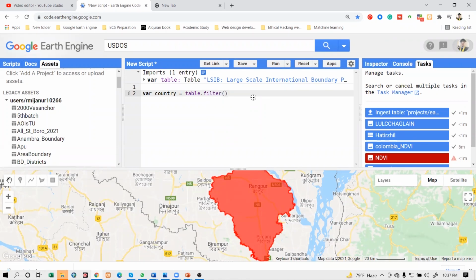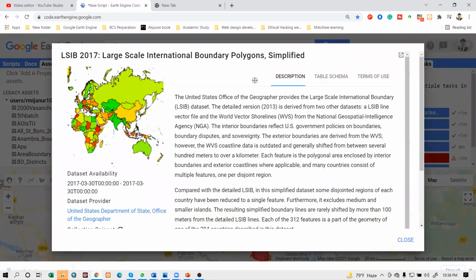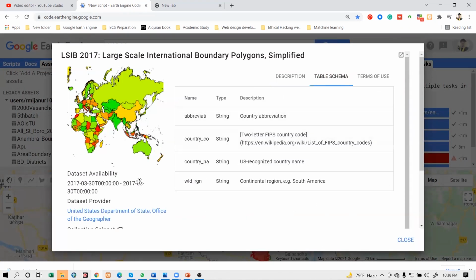And then how can I filter? I want to filter where something is equal to something. So I simply use here ee.Filter.eq, the Earth Engine filter equal. What is equal to what? I define it here. So here you can see this is our data set, and we can filter this data set in different ways. You can filter this data set using the country code. You can filter this data set by country name or world region.